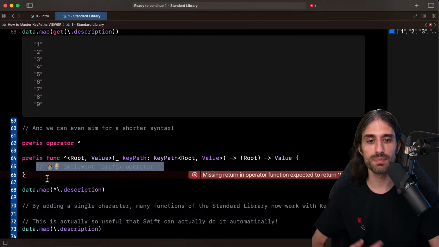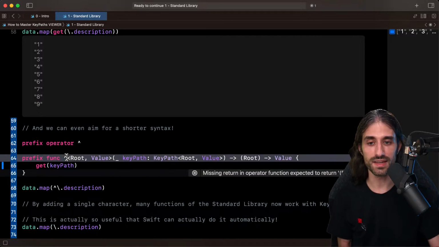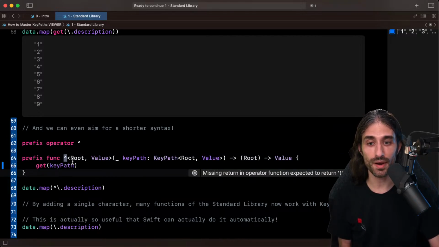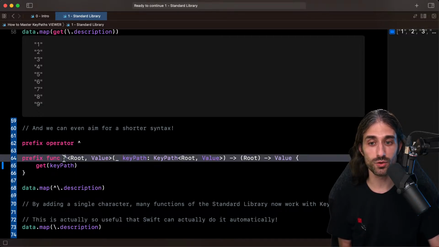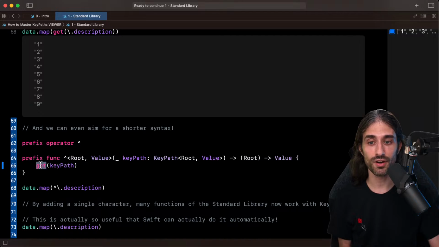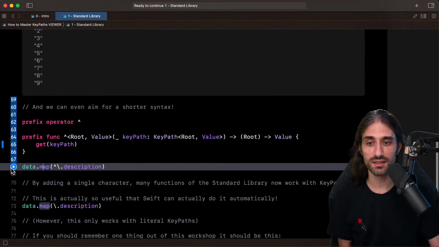The way to implement this operator is extremely straightforward. Once again, if you're watching the replay, try to implement it yourself. But since the signature is the same as the get function, I just need to call the get function. And that's it. I've implemented my custom operator, my overloaded operator, and that makes sense because it's actually just an alias for the function get. And so now this syntax does work.